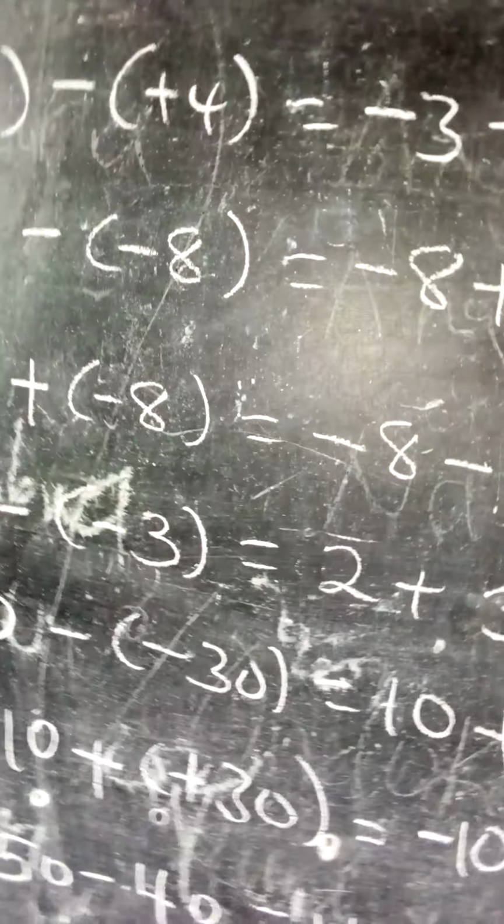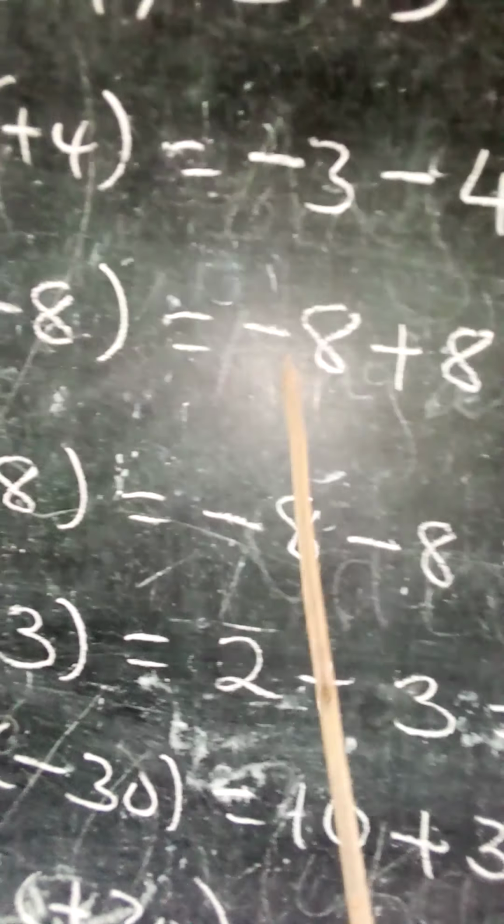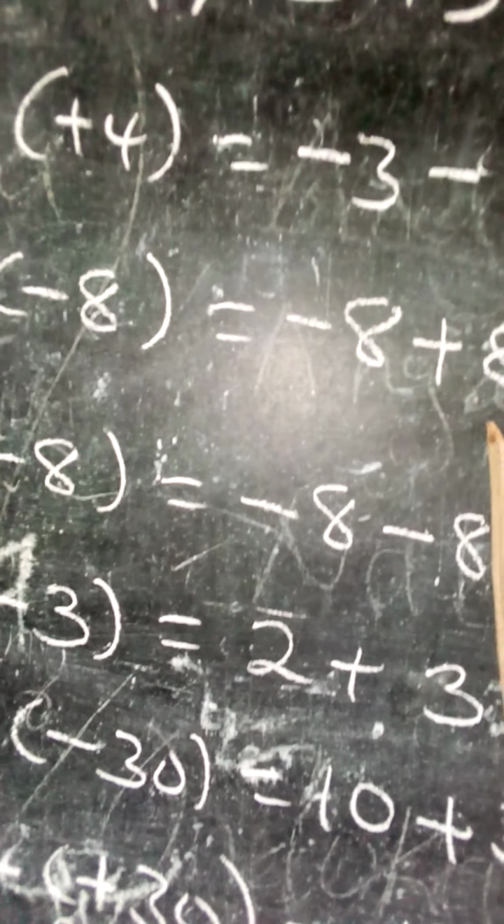Then our simplified numbers, we have negative 8 plus 8. First of all, we counter-check the signs. Are they the same or different? Now because the